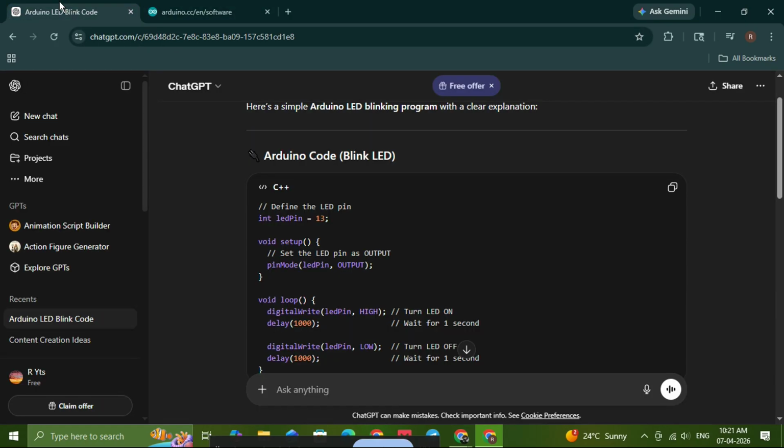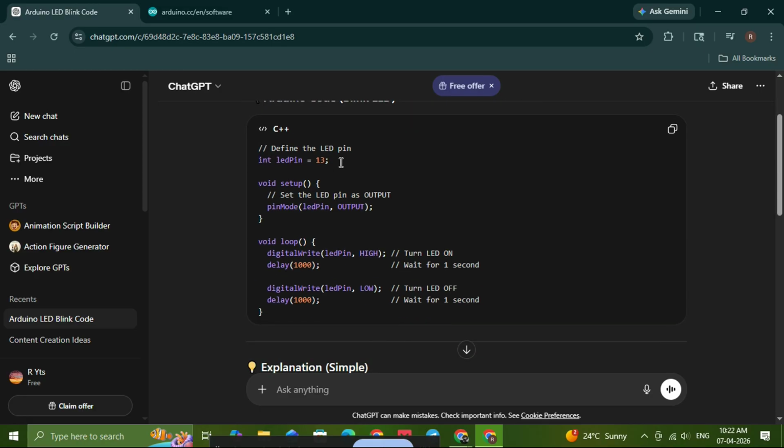Now upload the sketch to your Arduino microcontroller. If everything is set up correctly, your LED should begin blinking on and off. If it does not work right away, check your wiring, check the pin number in the code, and make sure the LED is connected with the right resistor. Even though ChatGPT can generate code very quickly, it is still important to understand the hardware side